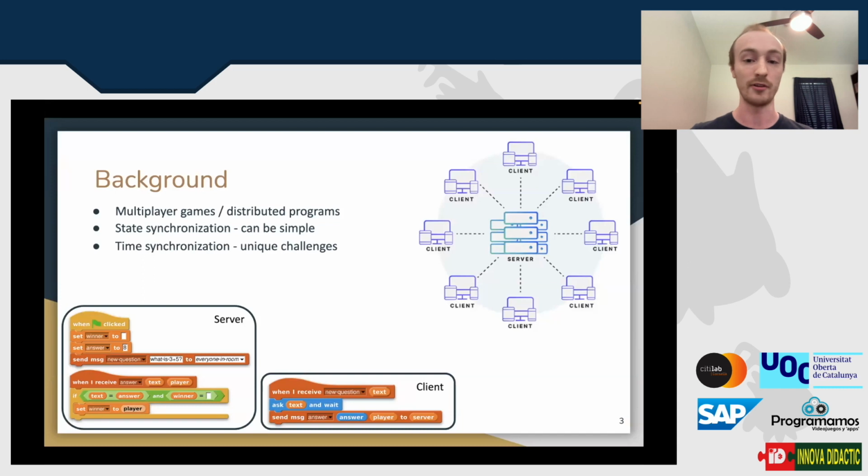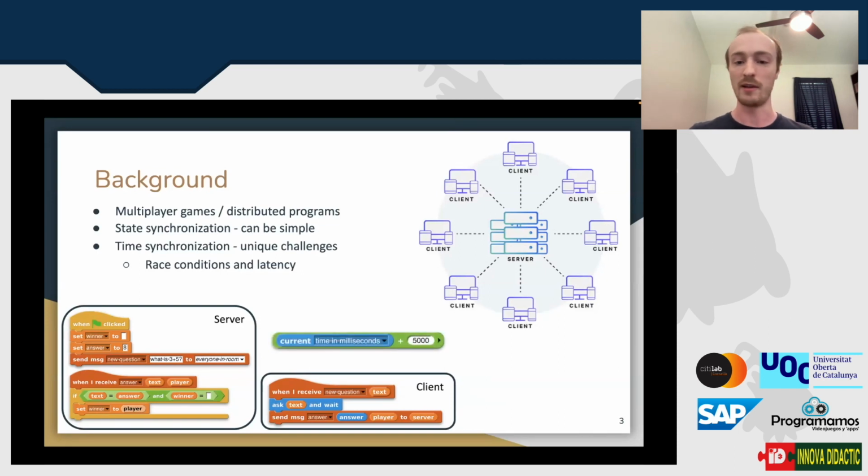One client might have a very low latency, so not only do they receive the questions earlier, they can actually send their answer more quickly to the server, so they'll have an upper hand. But we don't want that to happen. We have to add blocks so that students can fix this kind of problem and be able to do things simultaneously, even despite this latency issue. So this is a race condition caused by latency.